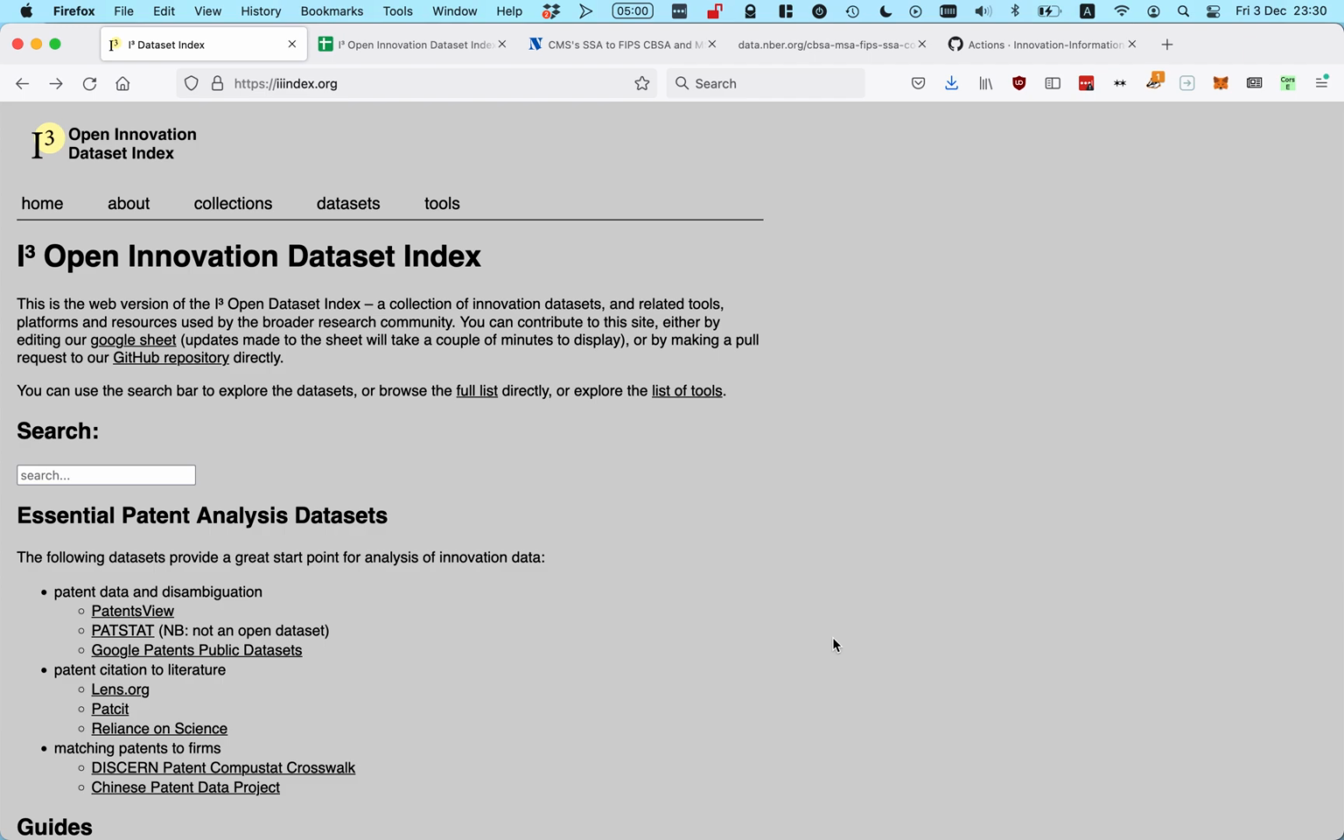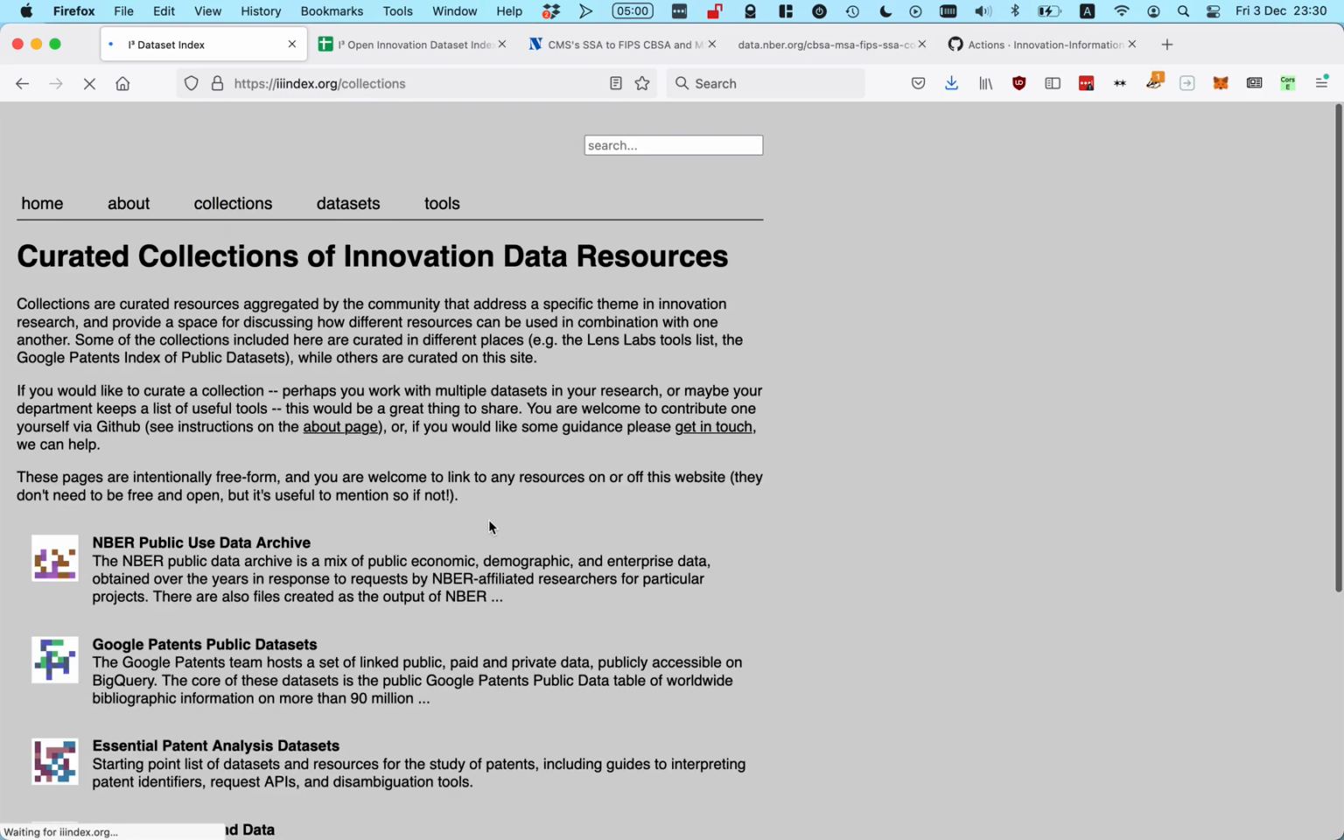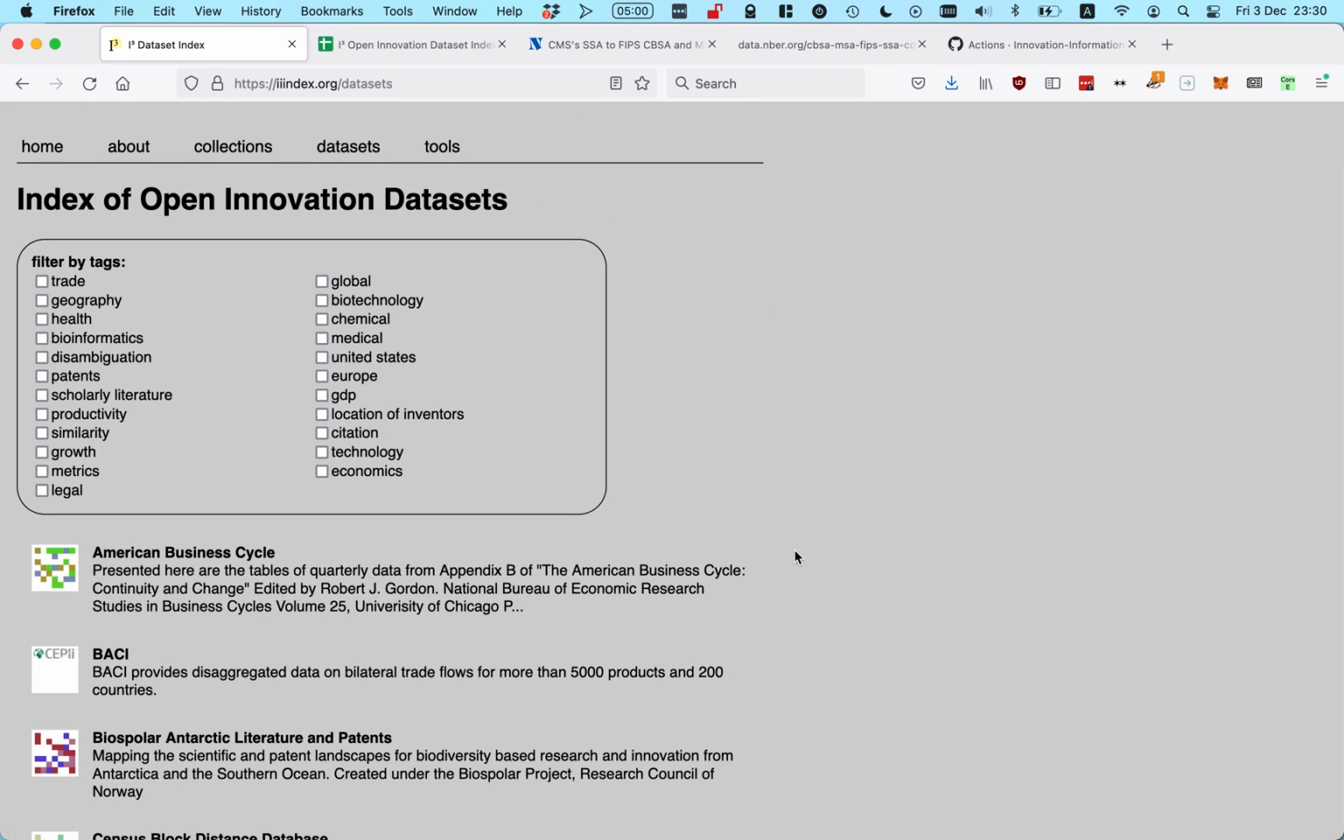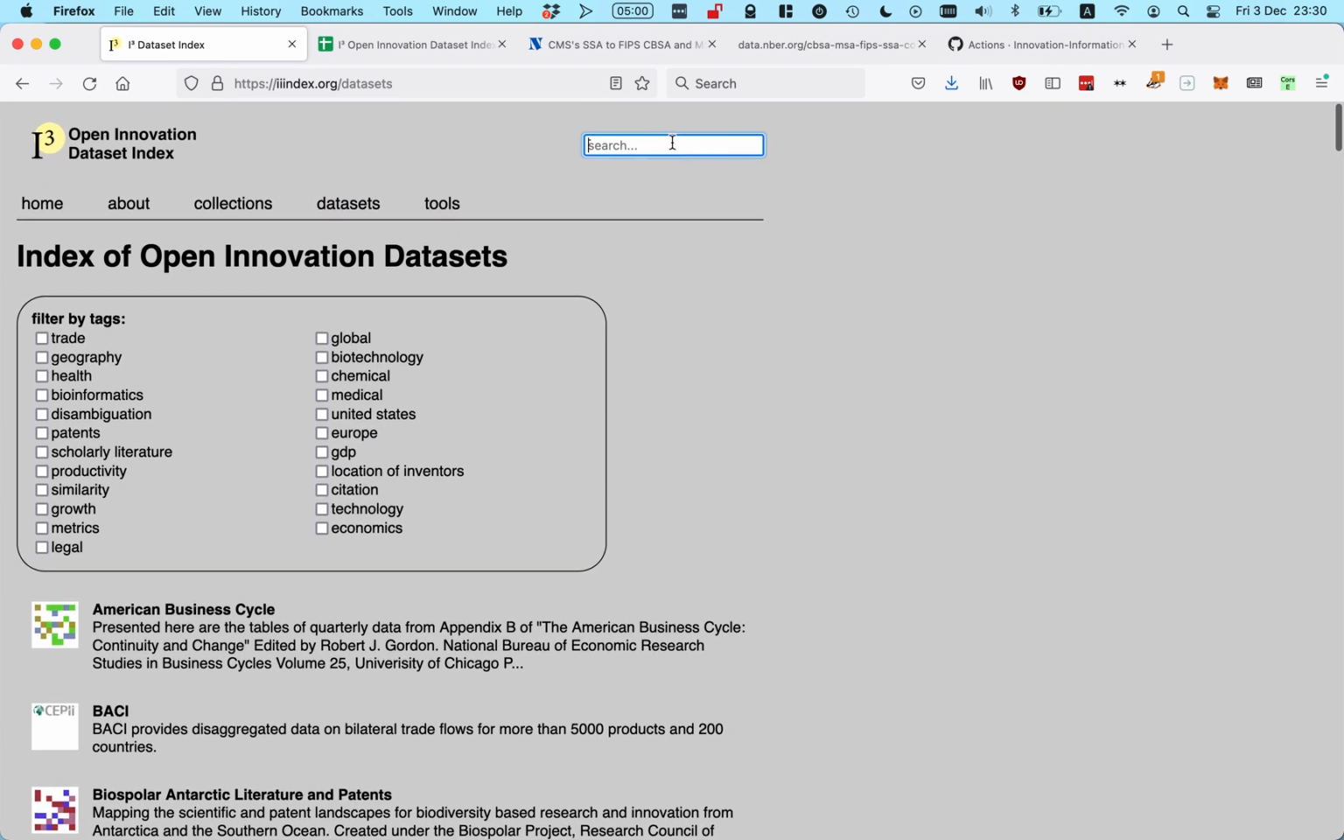What I'm going to cover in this video is how to edit the i3 Open Innovation Dataset Index website using GitHub. And GitHub is what we're going to be able to use to edit collections, which are guides to different kinds of datasets, but also we can use it to edit notes and annotations about particular datasets. So for example, if we look for PatStat,